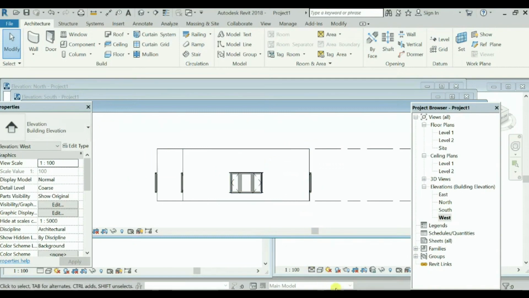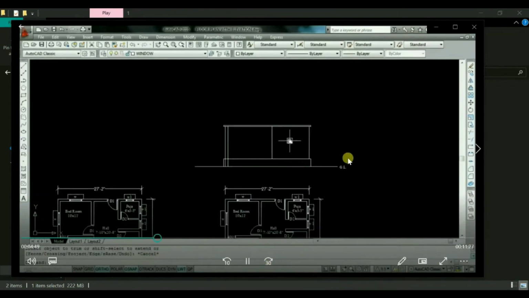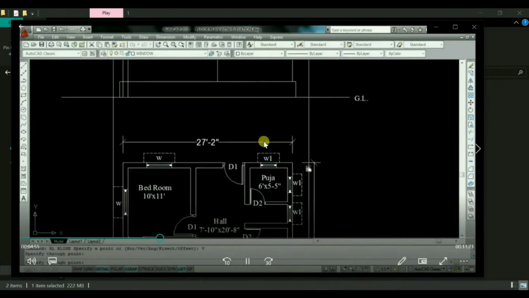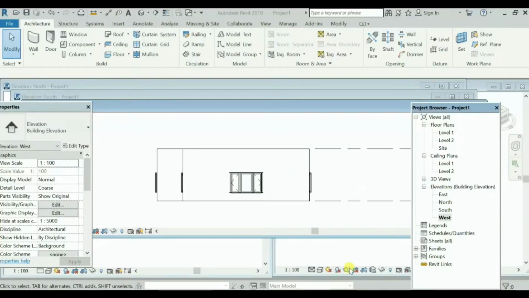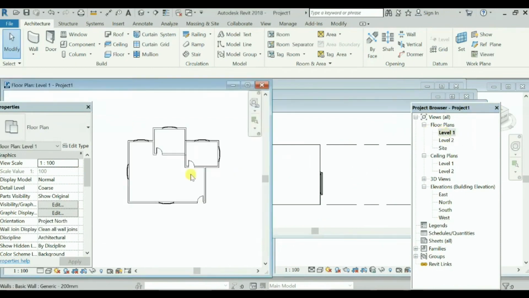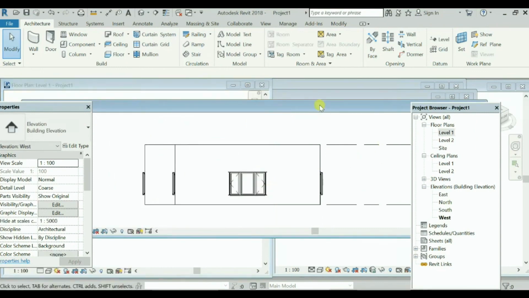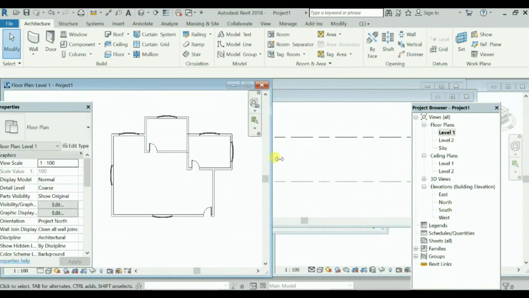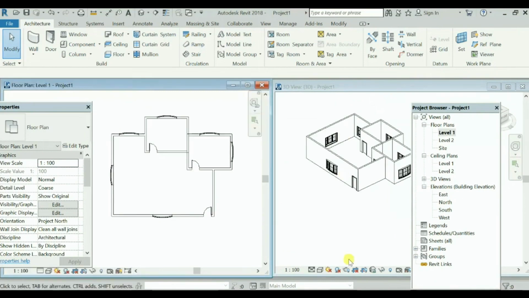So in AutoCAD, how we used to create elevation? The elevations are being automatically created in Revit, right? We have the levels, we had done the plans, and we have got the elevations automatically. So that is one of the major advantages of using Revit over AutoCAD, right? Few more advantages also I can